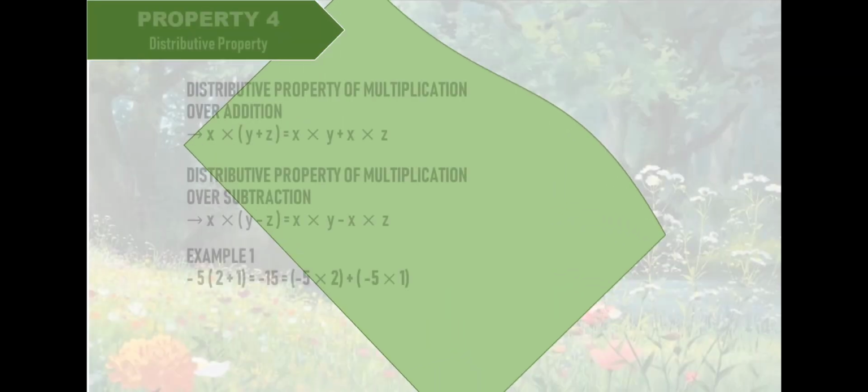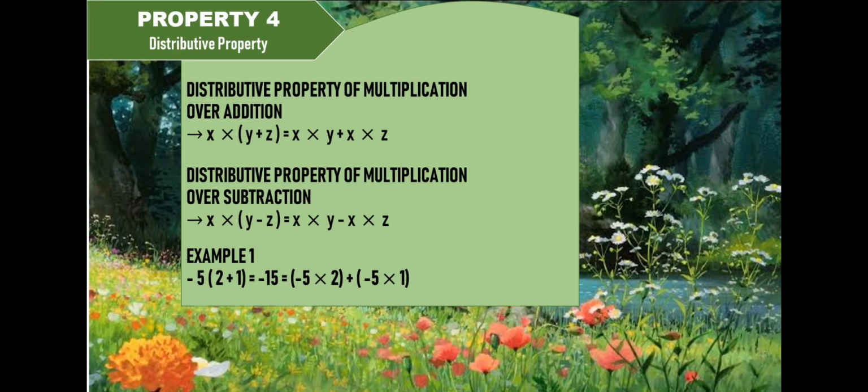In the fourth property, the distributive property explains the distributing ability of an operation over another mathematical operation within a bracket. It can be either the distributive property of multiplication over addition or of multiplication over subtraction. Here, integers are added or subtracted first and then multiplied, or multiplied first with each number within the bracket and